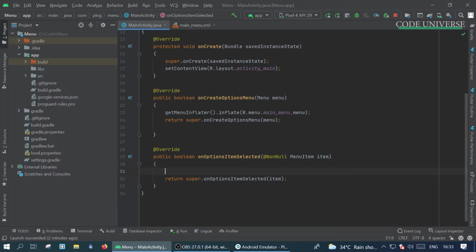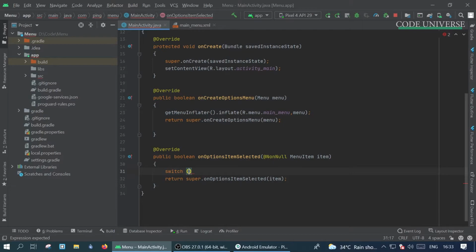So the first thing I have to do is add a switch statement, and the format is switch, and inside that I have to pass the menu item ID that the user clicks on.